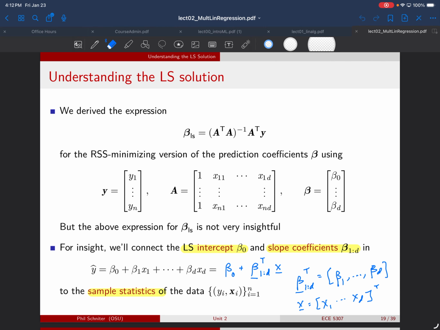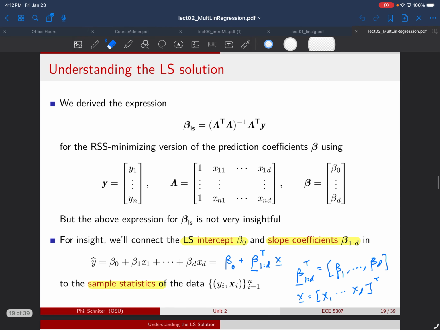Okay, so last time we derived this expression for the least squares solution for the prediction coefficients. But then we said that this is not very interpretable, in the sense that you have a matrix A that contains both the feature values as well as these ones, and it is involved in a complicated way to get the betas. And so we're going to come up with a different expression